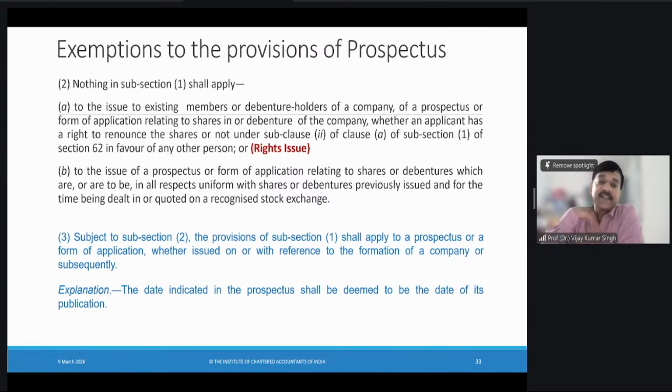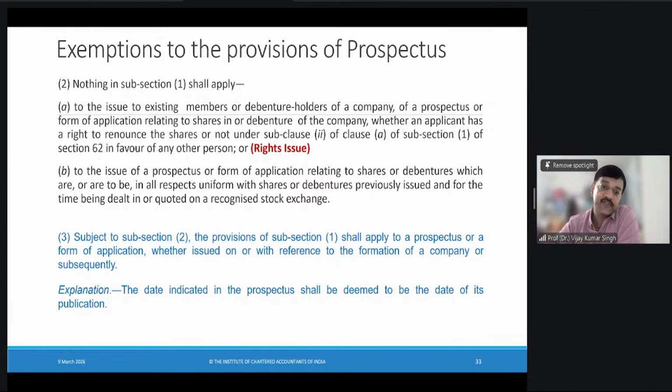So probably this is referring to shelf prospectus. Or it is talking about a situation where a prospectus is already issued and then again you are going ahead with a further public offer. In those situations, the provisions relating to prospectus will have an exemption. Okay. Third point, it is saying, subject to subsection 2, the provisions of subsection 1 shall apply to a prospectus